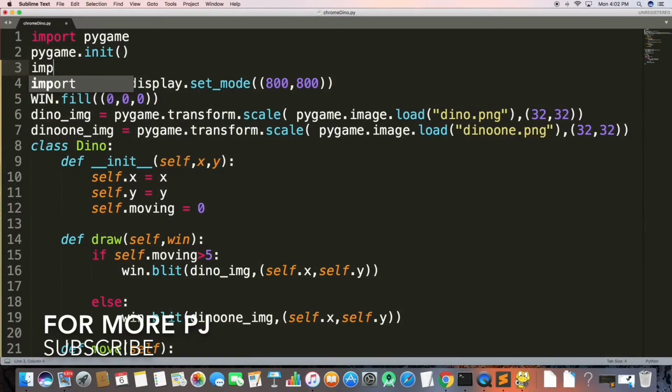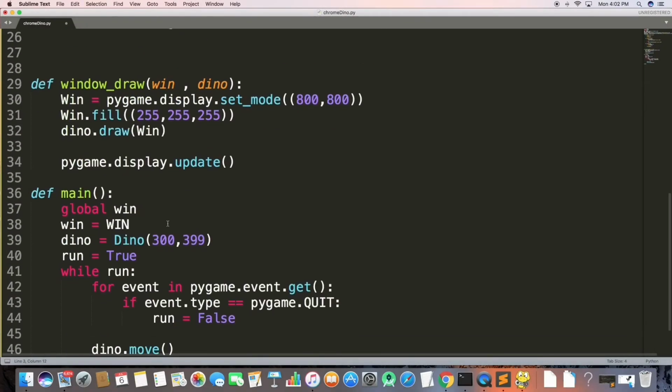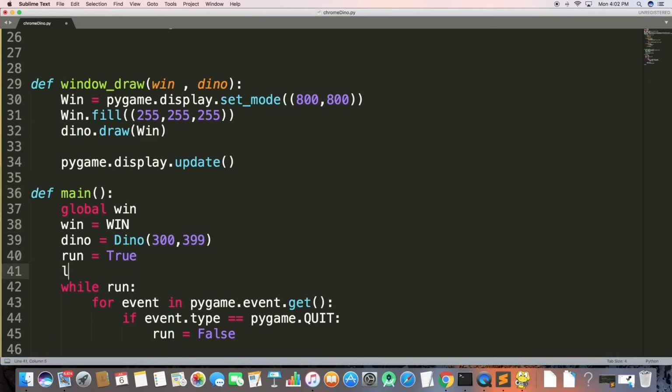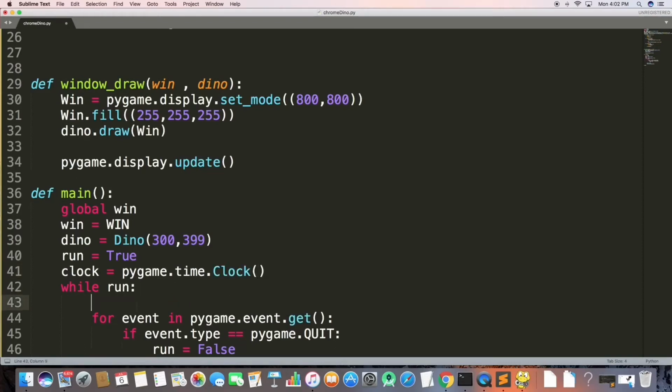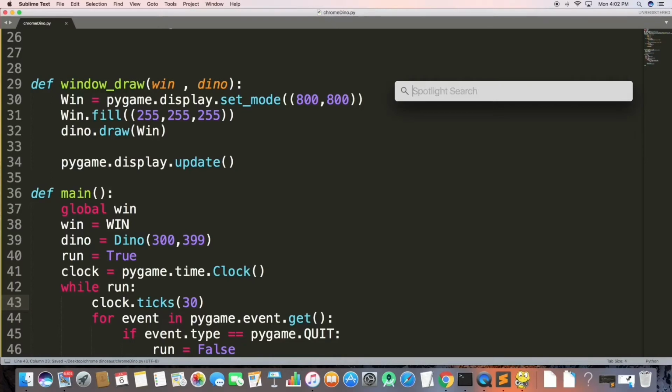Yeah, guys, Doctor Strange was a fool. You can actually import time. What I need is clock = pygame.time.Clock(), and then clock.tick(30). Let's see if it works or not.